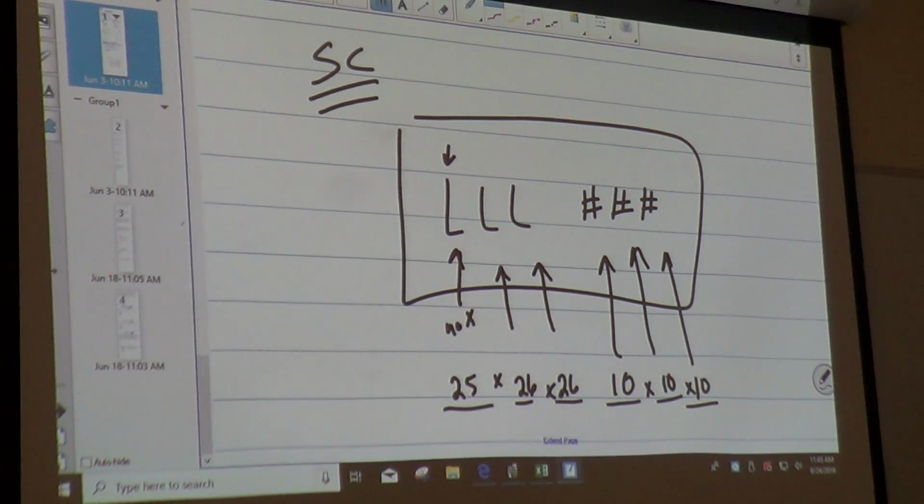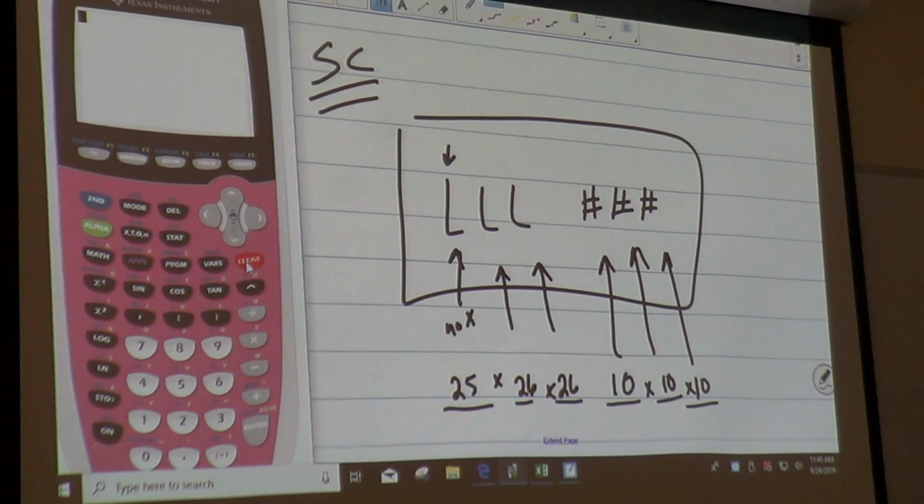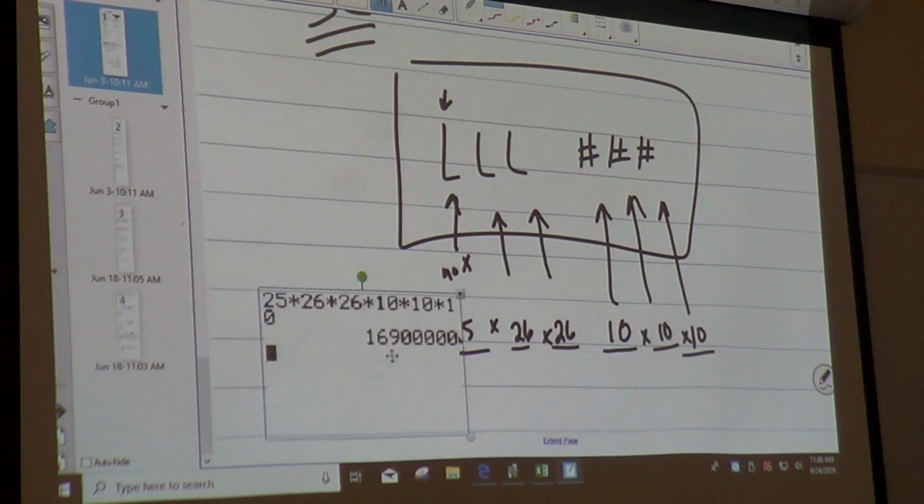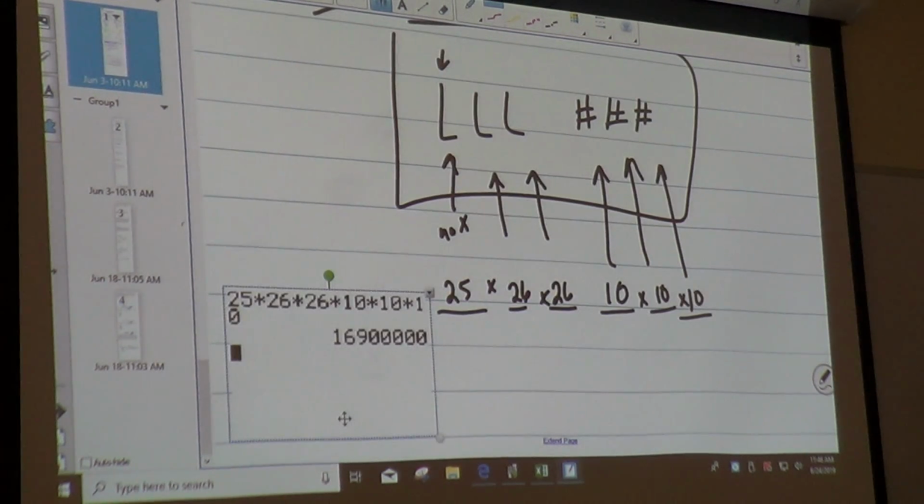So if I go to my calculator, it is going to be 25 times 26 times 26 times 10 times 10 times 10. So this is how many license tags we can make in South Carolina before we run out of license tags